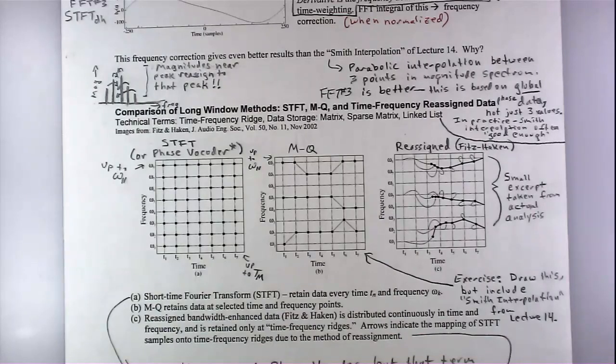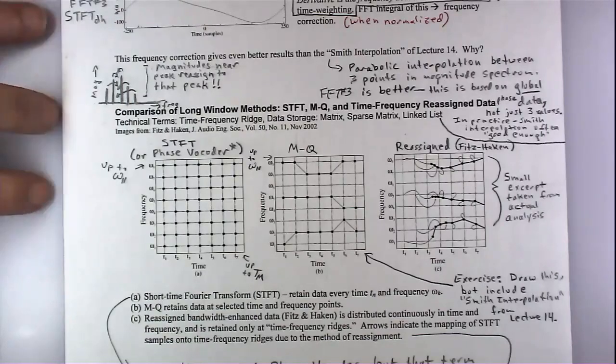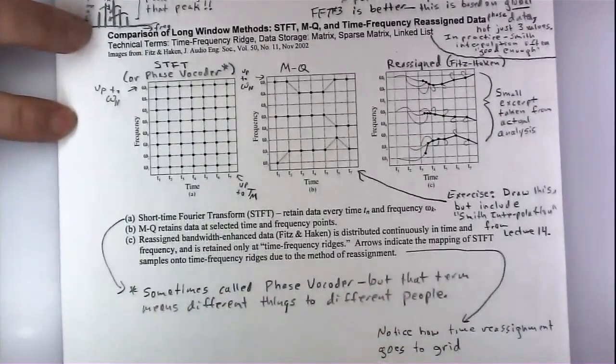few situations. Yeah, that gets your frequency reassignment. Now, the Smith interpolation does nothing for time reassignment. So the smearing out of data, which is a fundamental problem, is not solved by that. And so I very much encourage you to do time frequency reassignment anyway. If we want to compare long window methods here,